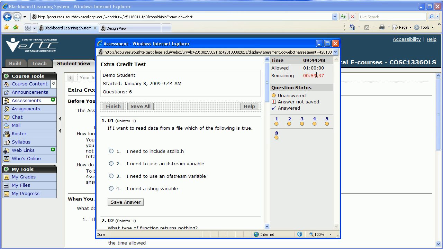On an untimed test, allowed and remaining are either blank or they're all zeros. Doesn't matter. This time always shows because, hey, what would a test be if you didn't have a seconds counter ticking away and making you nervous? Here, this of course is here because it is timed and you need to be nervous. Anyway,